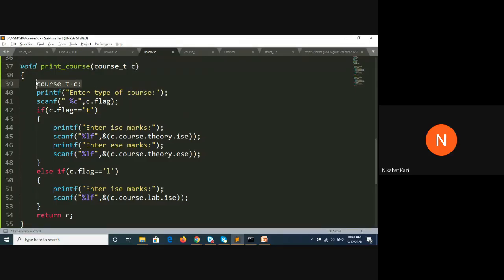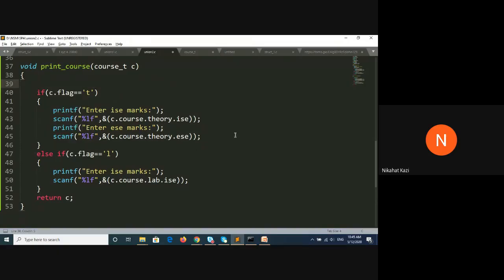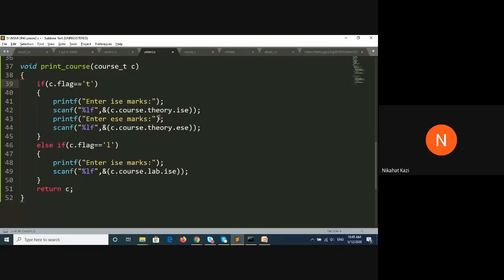Now, here you will not ask the user to enter the type of course, because the type of course is already saved in that variable C, which is passed. So here you will directly check the flag. You will check if C's flag is T, then print the ISE marks. Now you will only print. So wherever there's a scanf, you will just print.